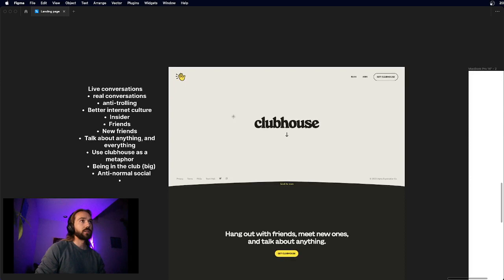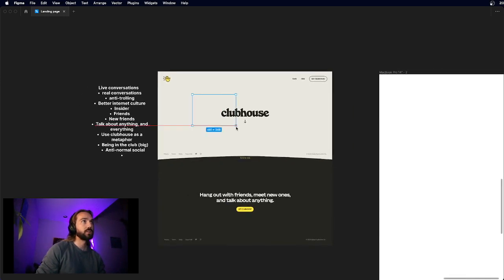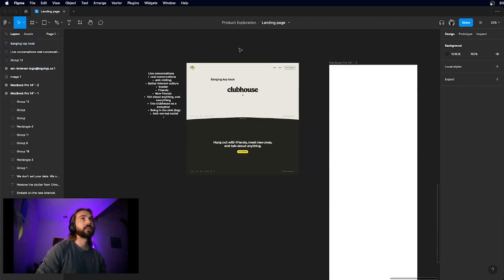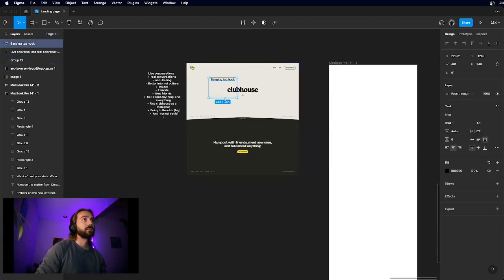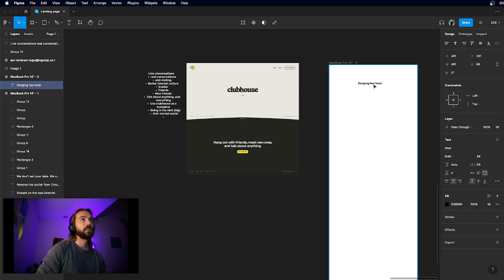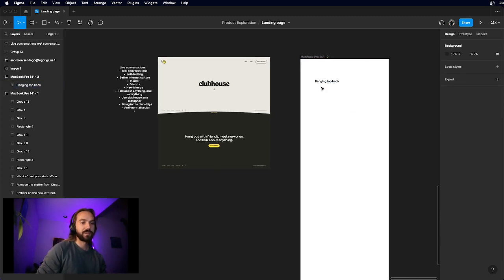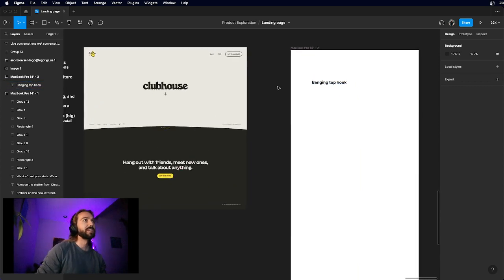What we're going to need is a banging top hook. I'm just going to start building out these ideas a little bit. Banging top hook here. I do this in a more structured way, but